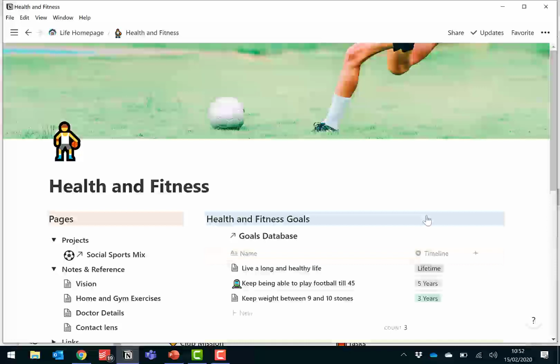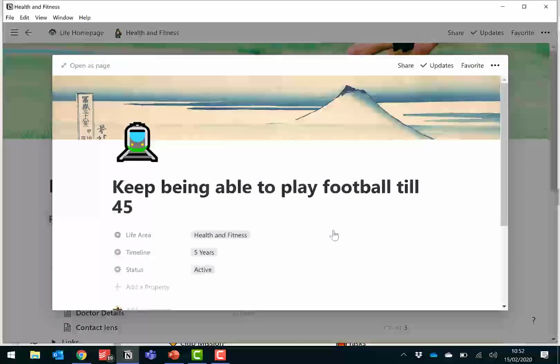It seems I've got actual goals there as well, because that's specific to that life area. And if I open this up, you can see we've got a filter of life area and it's related to a timeline. So that table appears on both pages, my overall goals list, and when I want to review my health and fitness, it also appears there too.